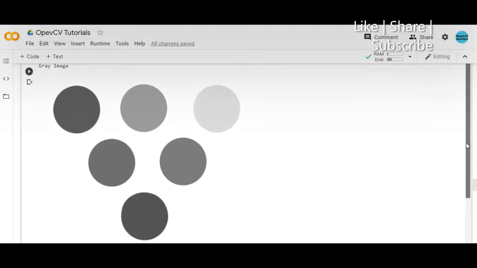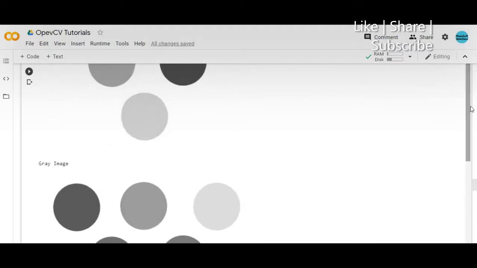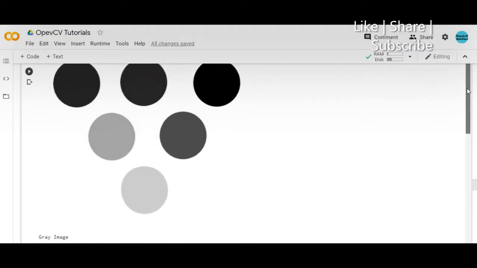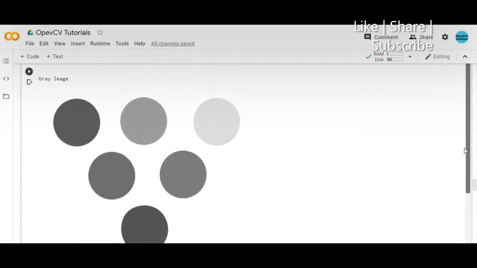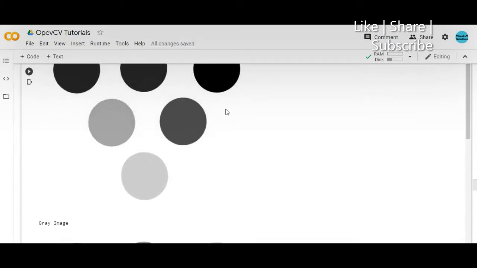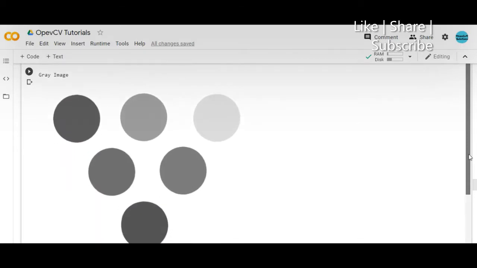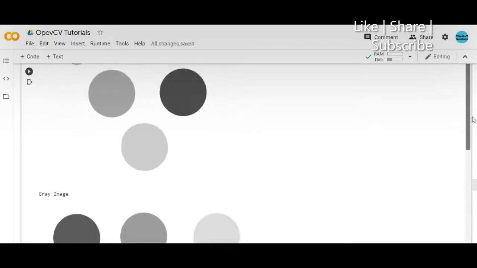So this is a gray image, and now what I'm doing is I'm subtracting the blue channel, that is this, and this particular image. What happens when I subtract is that wherever the blue channel has got maximum, only that area will be preserved and all other areas are going to become 0 because of the subtraction. Because I'm subtracting this particular image from this.